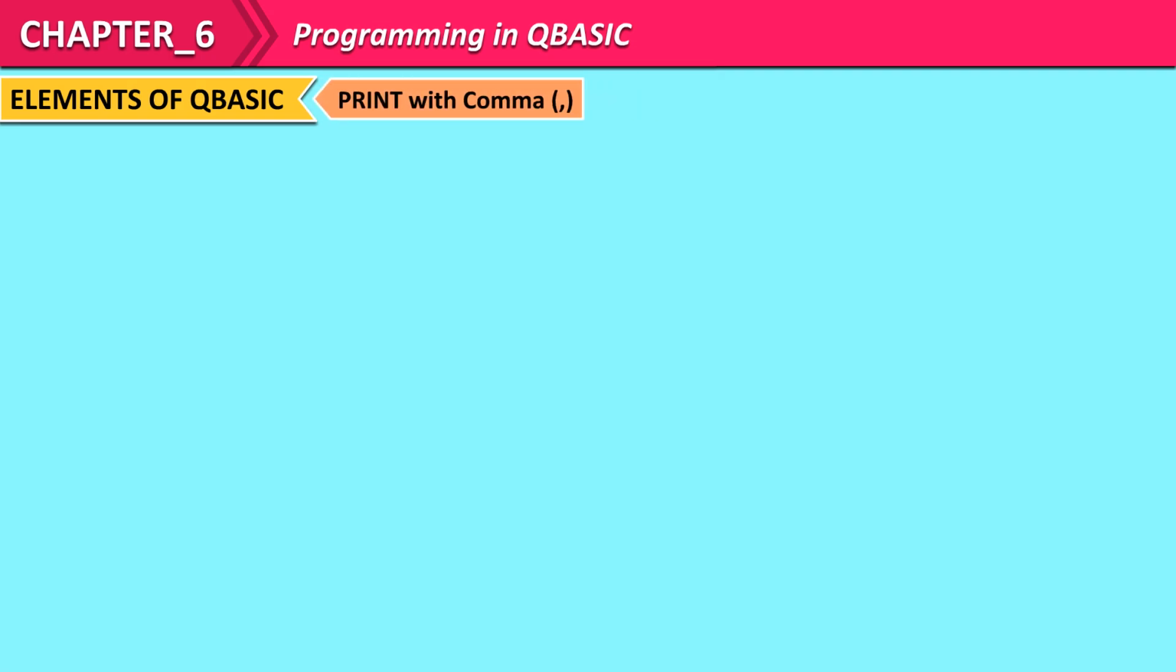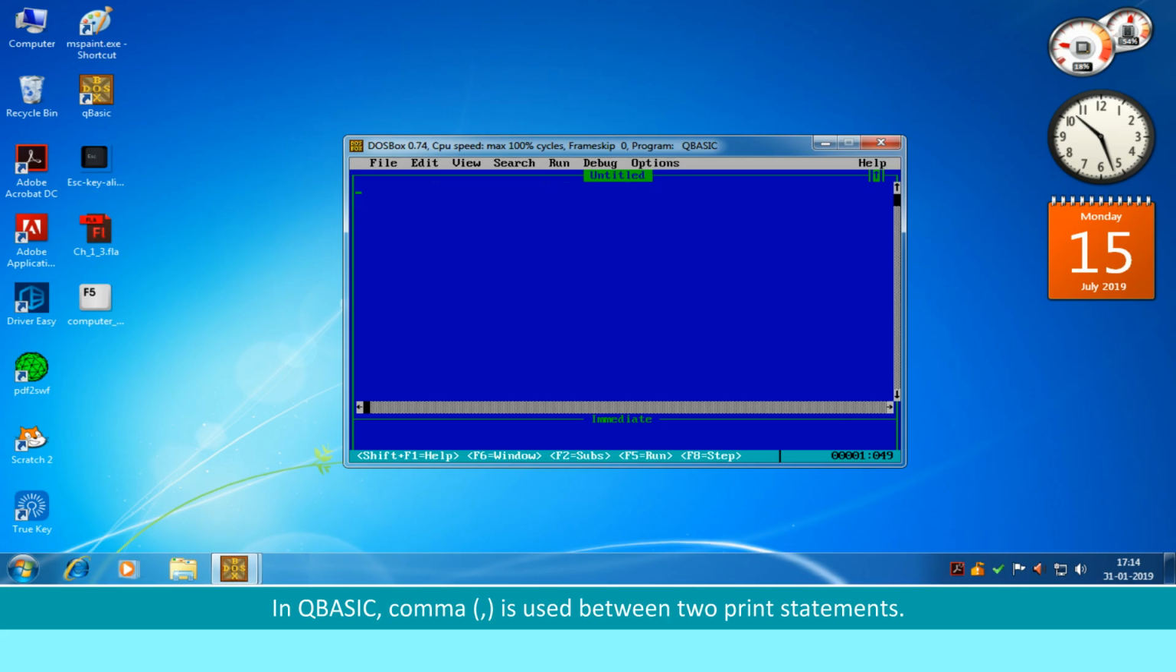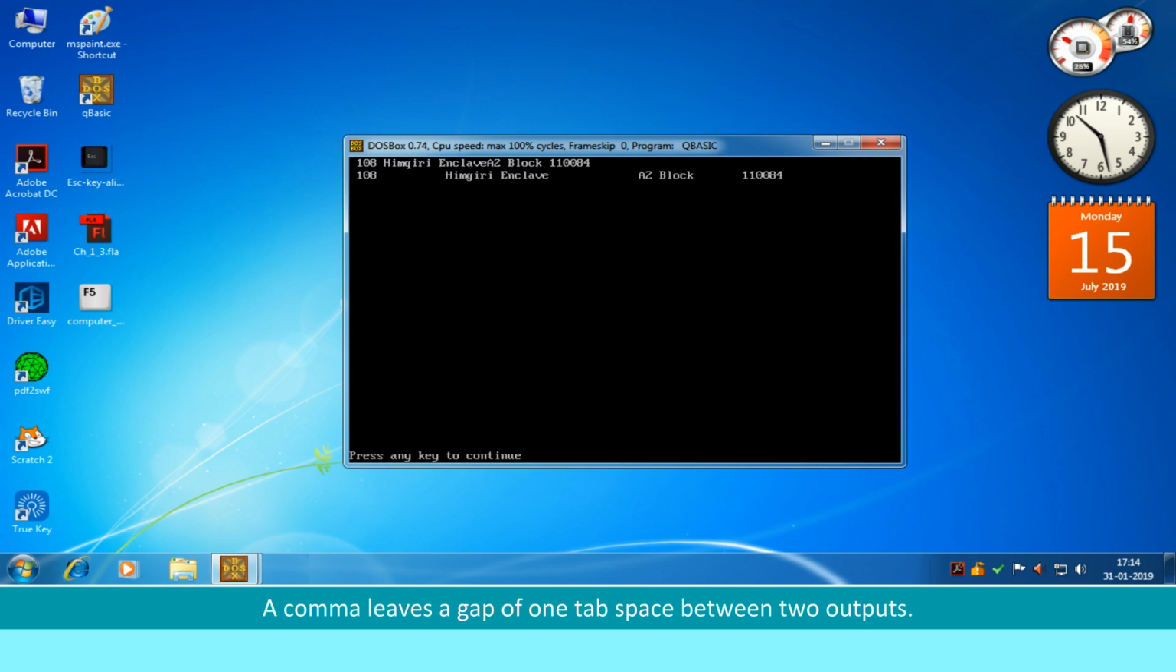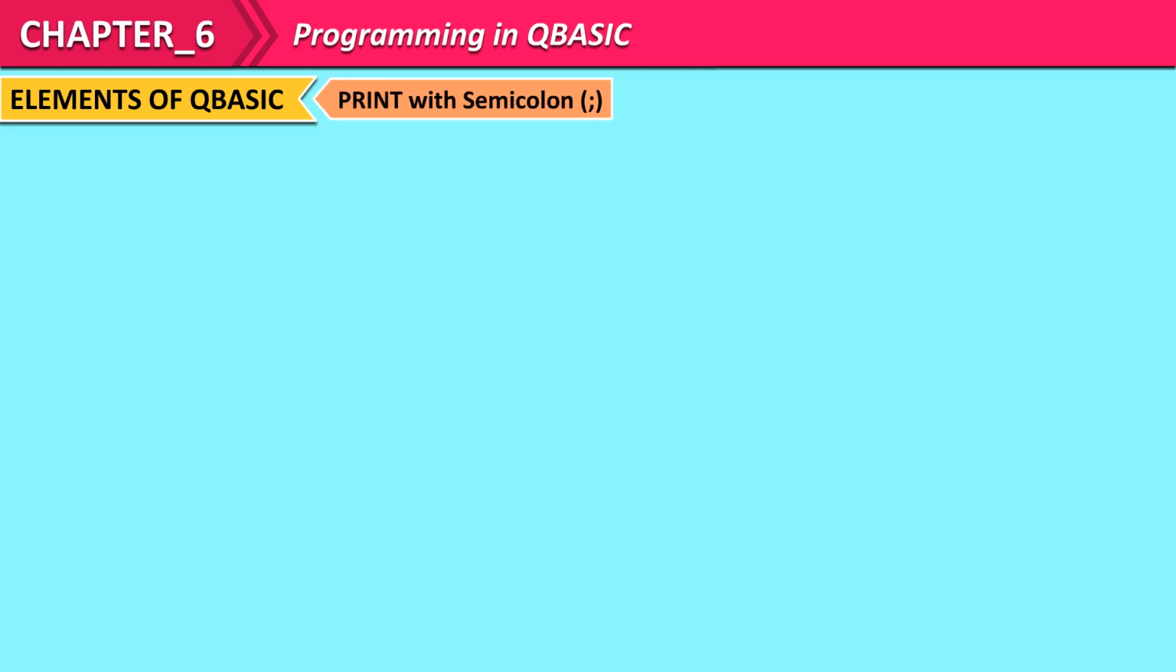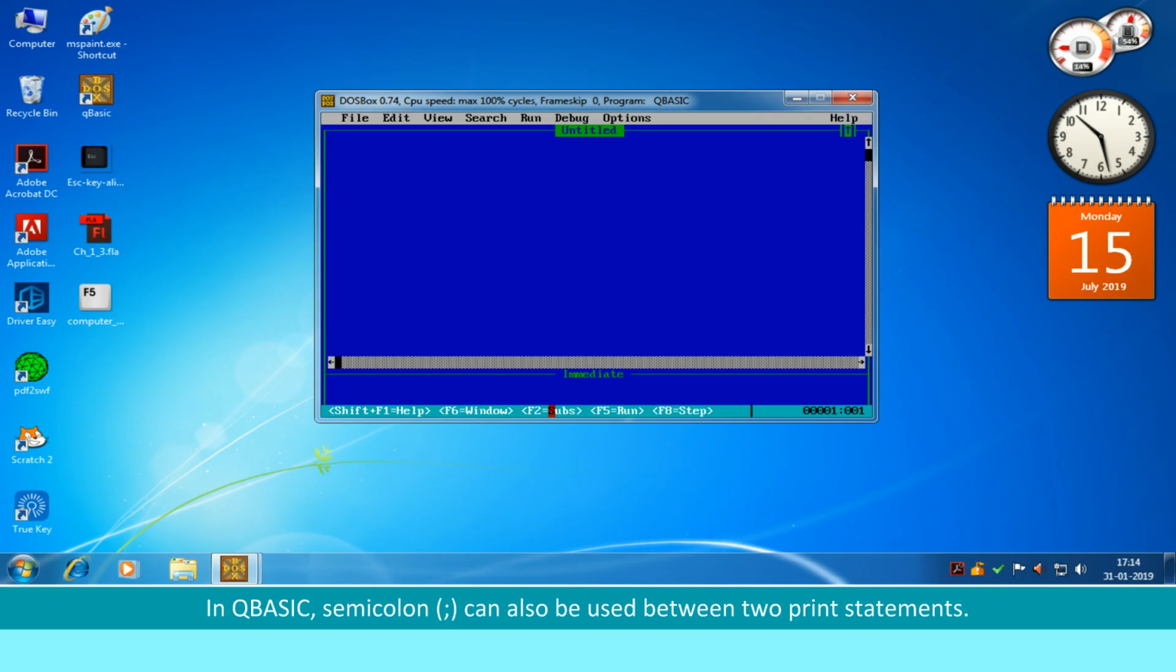Print with comma. In QBasic, a comma is used between two print statements. A comma leaves a gap of one tab space between two outputs. Print 108, "Himgiri Enclave", "A2 block", 110084. Print with semicolon. In QBasic, a semicolon can also be used between two print statements, but it does not leave